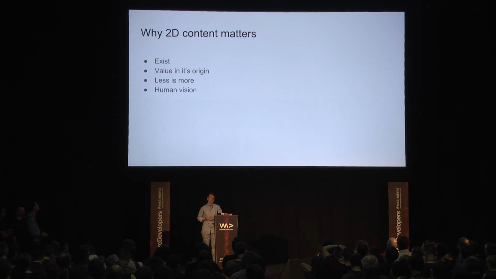Human vision. We don't look 360 constantly. We have the ability to turn around, and we have peripheral vision, but most of us are looking in front of us, and more or less that's where our focal point is. None of you is focusing on what's happening behind you. Therefore, 360 video,